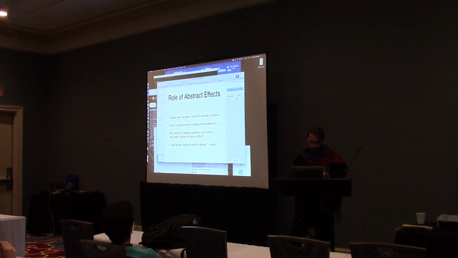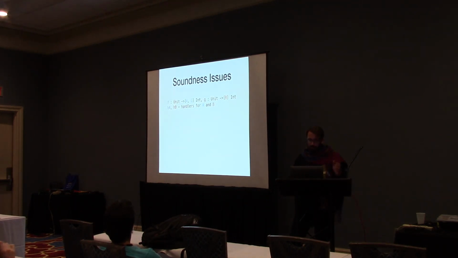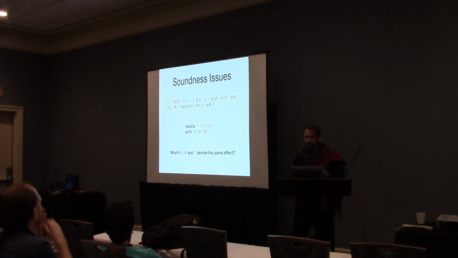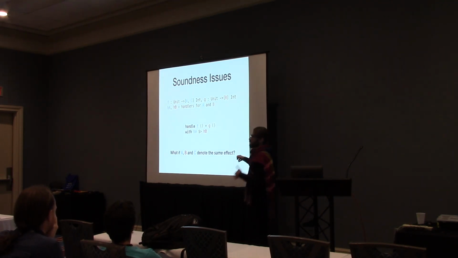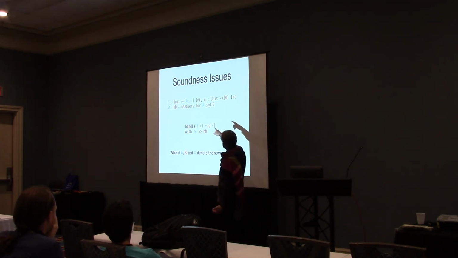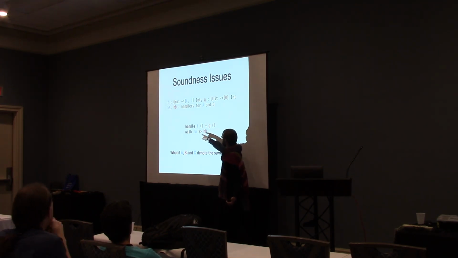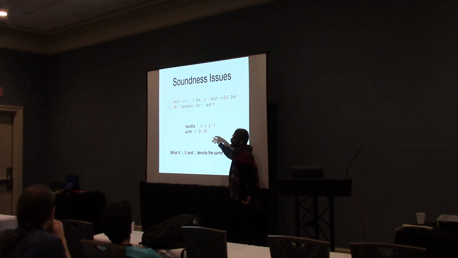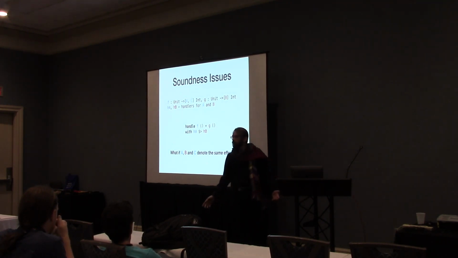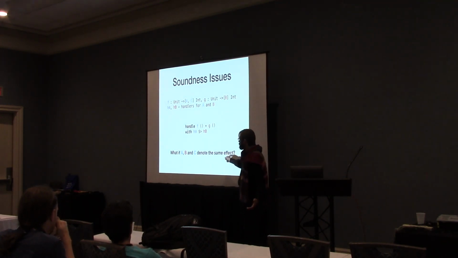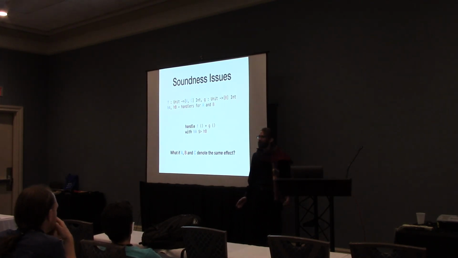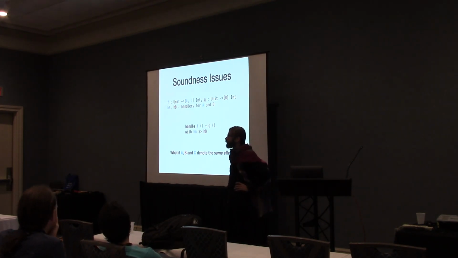This is an example of such a problem. If A, B, and C denote the same runtime effect, we have a function f that has effects A and C, a function g that has effect B, and we call f, we call g, and then handle with a handler for A and a handler for B. The whole computation should still have an effect C. Now, if these denote the same effect, what can happen is that the resulting code will be pure, and this is just not good.